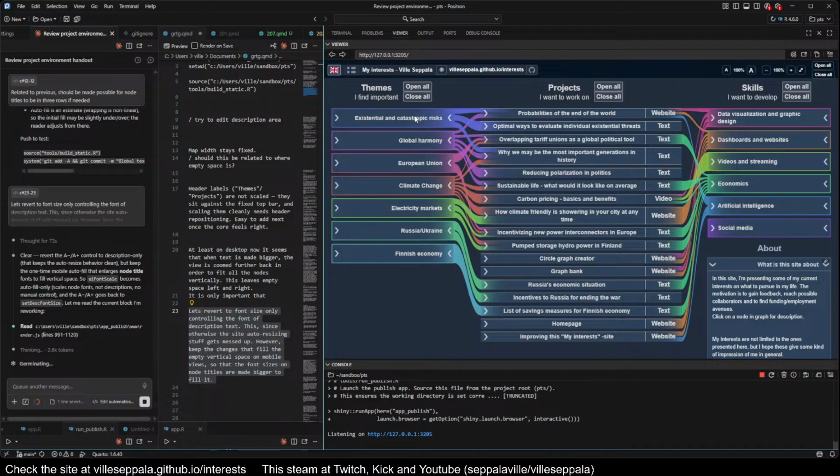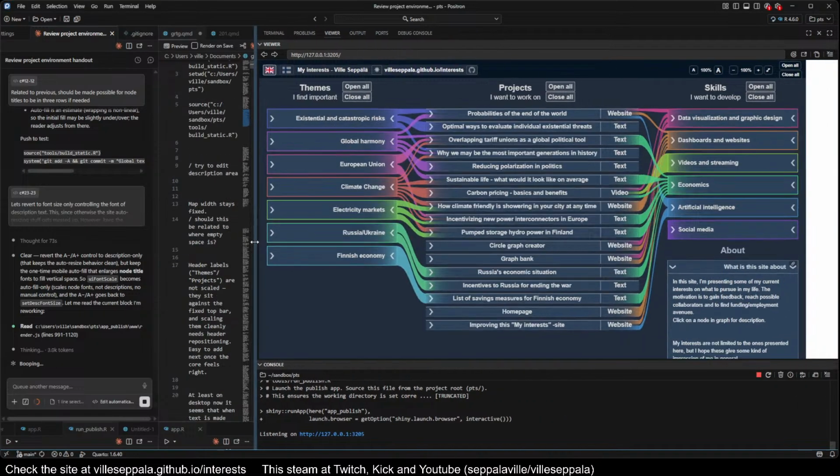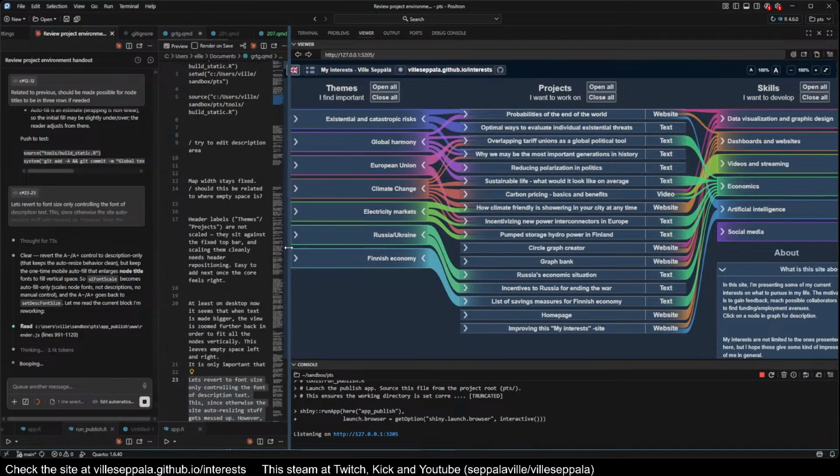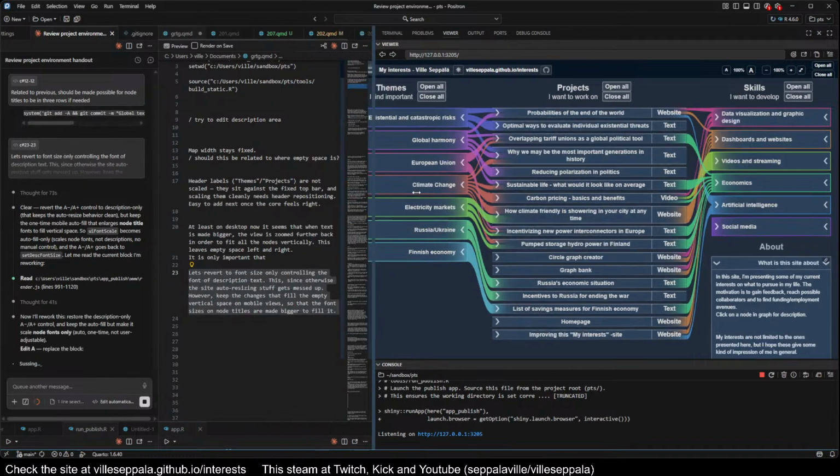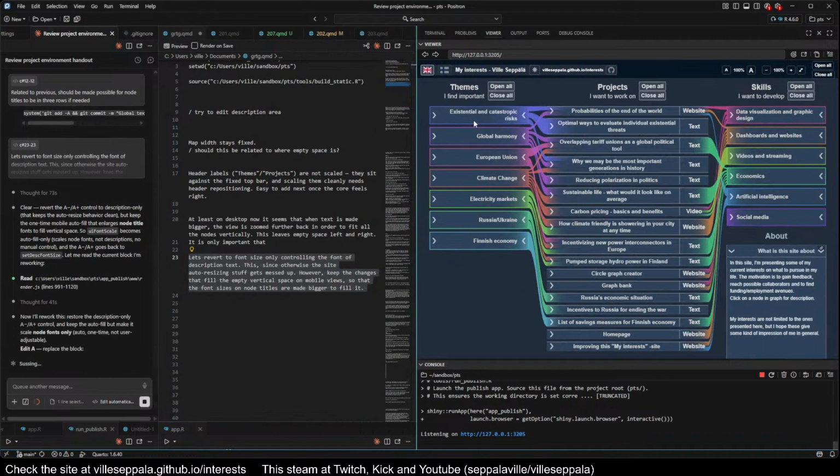I really like that when you have a relatively wide screen, that these, or maybe it's more visible if there's a narrow screen. Like it's a lot clearer if this block here